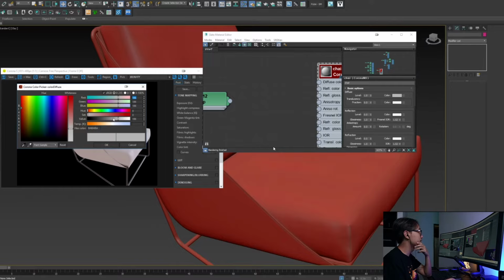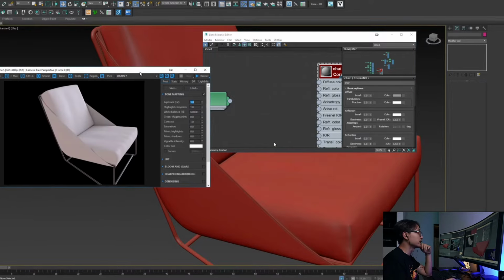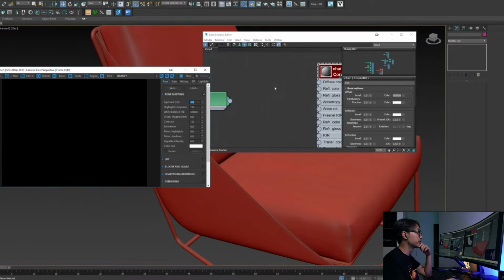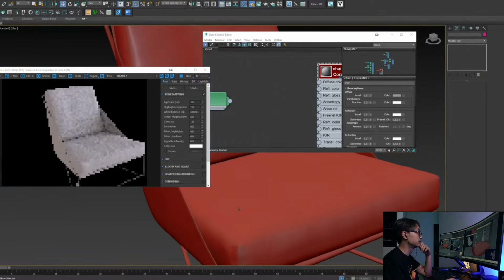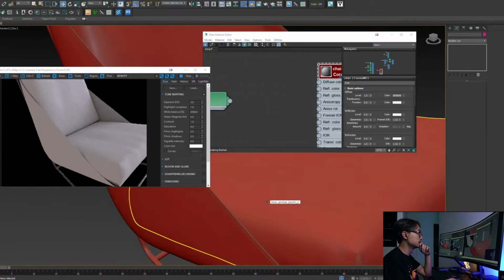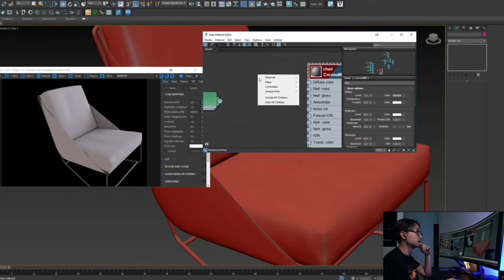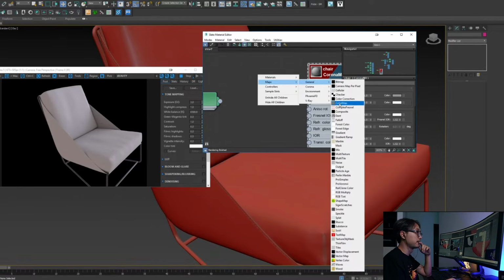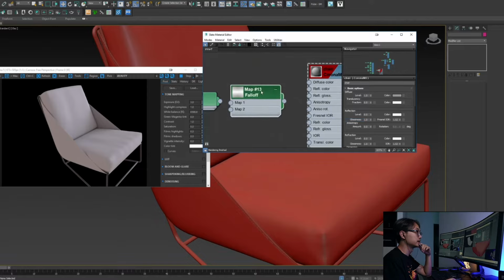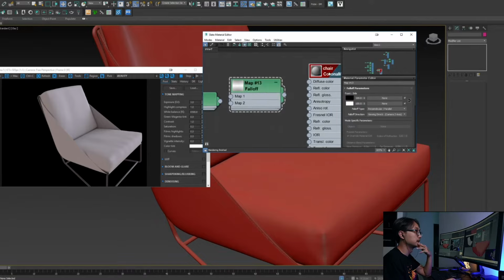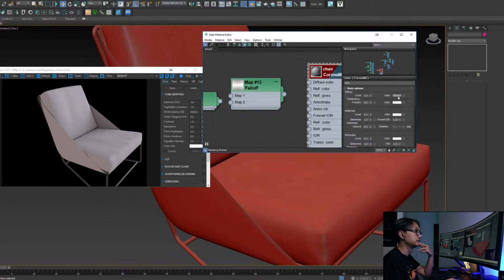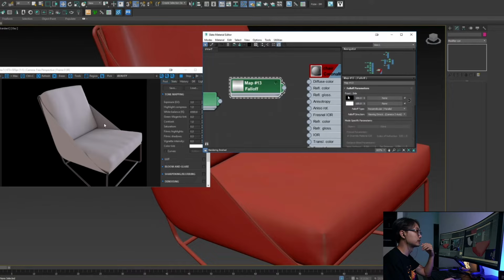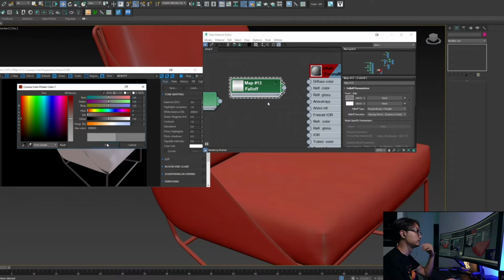So I have a sofa here, and I'm going to show you some very basic things about Phonops. Okay, it is a standard map. So if I use the solid color, you can see that this chair looks like a clay material. But if I use Phonops,